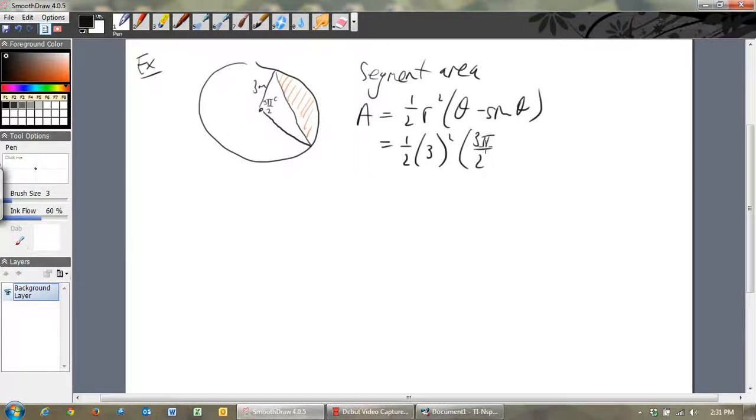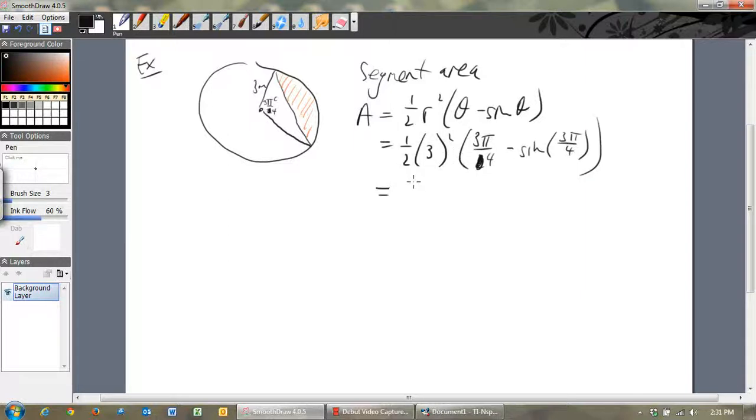Is that right? 3 pi? I meant 3 pi on 4. I'm a bit of an idiot. Excuse me while I change that to a 4. Okay, 3 pi on 4 radians. If I knew how to use my eraser tool, I would do that. 3 pi on 4 minus sine 3 pi on 4